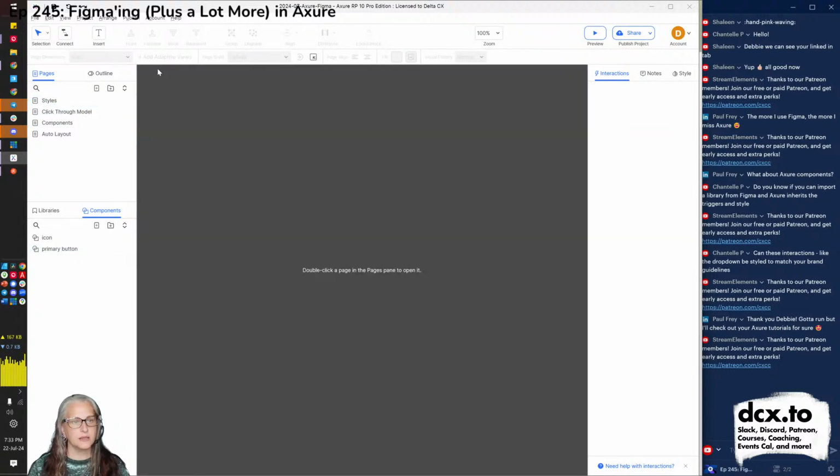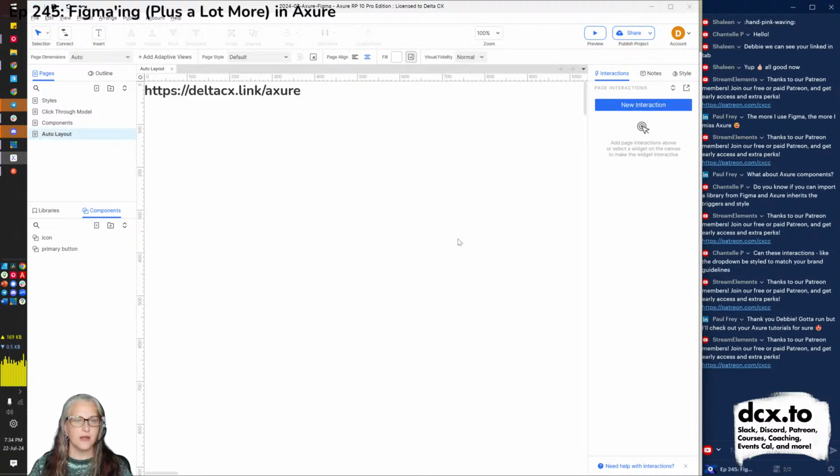Because I want to talk a little bit about auto layout. Many people love auto layout in Figma. You have some sort of component or set of things, and then you kind of tell the system you need a bunch of those. Maybe you need a bunch of those going to the right, or a bunch of those going down, or a bunch of them forming a grid, and it takes the same kind of layout and design and kind of repeats it.